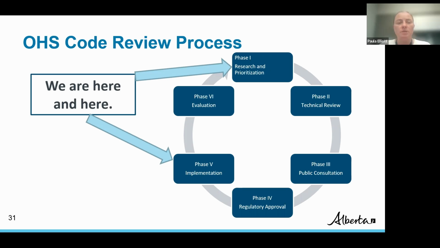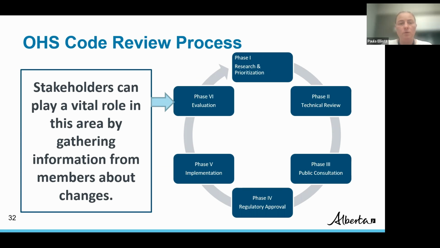The next step is about evaluation. Evaluation is typically a stage in a policy cycle that cannot necessarily be done consistently. What this stage is designed to do is ask, how can the OHS code improve health and safety outcomes for Alberta workplaces? How can we develop and improve our review process so that as we release new changes,